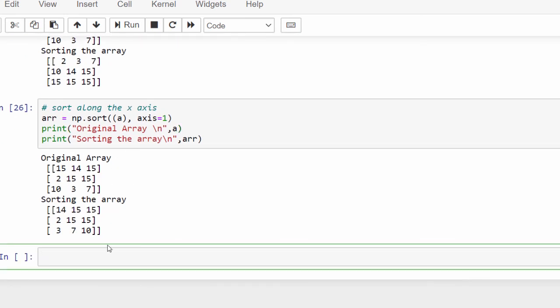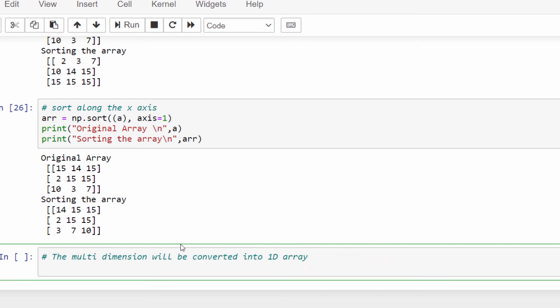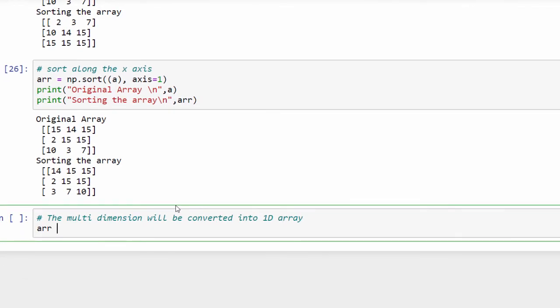And the last method is a very interesting method. Sometimes we want to convert multi-dimensional data into one dimensional, that is, in a single row. At that time this method will be more useful. Even though this falls under the sort category, we can also use it for conversion from multi-dimensional to one-dimensional data. arr equal to np dot sort A, you know very well.